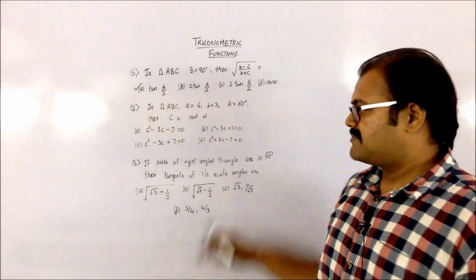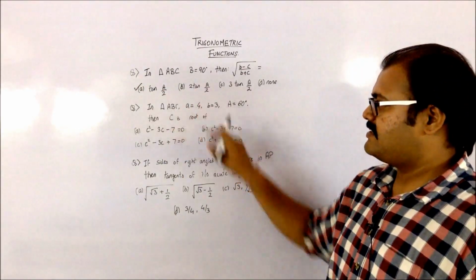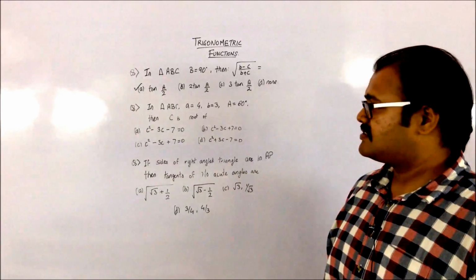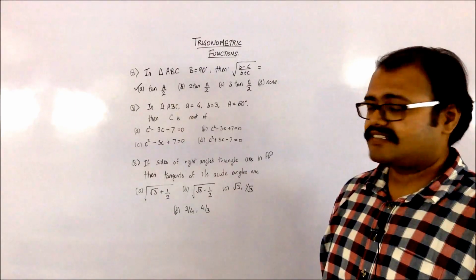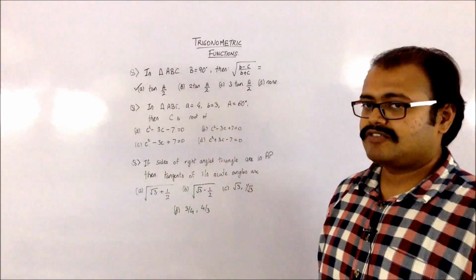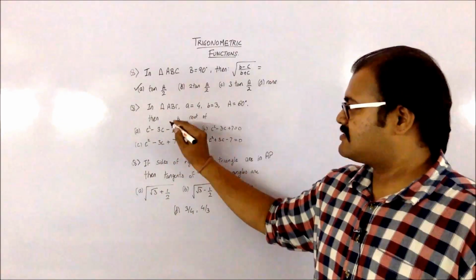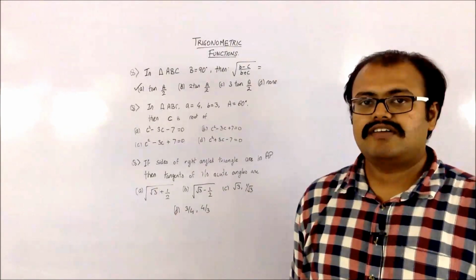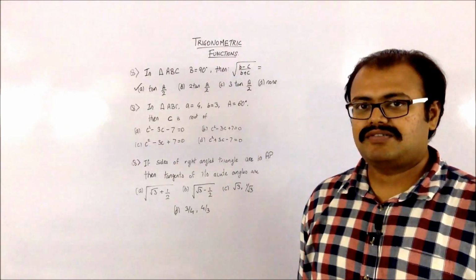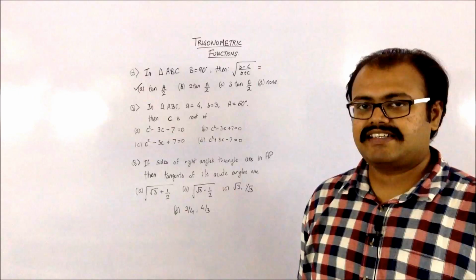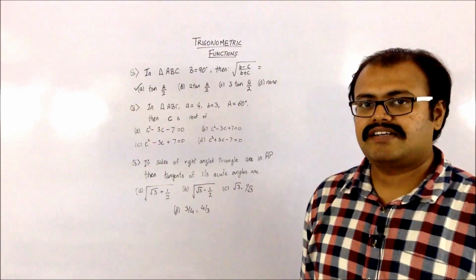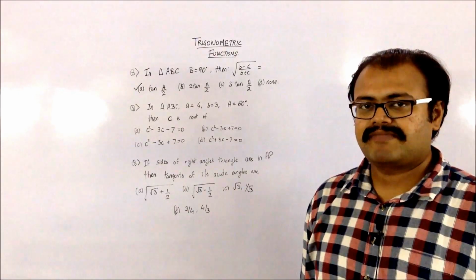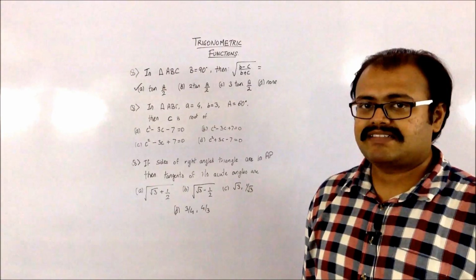Moving on to the next one. We have a triangle where ab is given and angle A is 60 degrees. I want to find what is going to be my c. Now c is the side over here, not the angle C. So if you recollect the formulas, you have to understand that in the formula you require all the three sides together and the angle present in it.